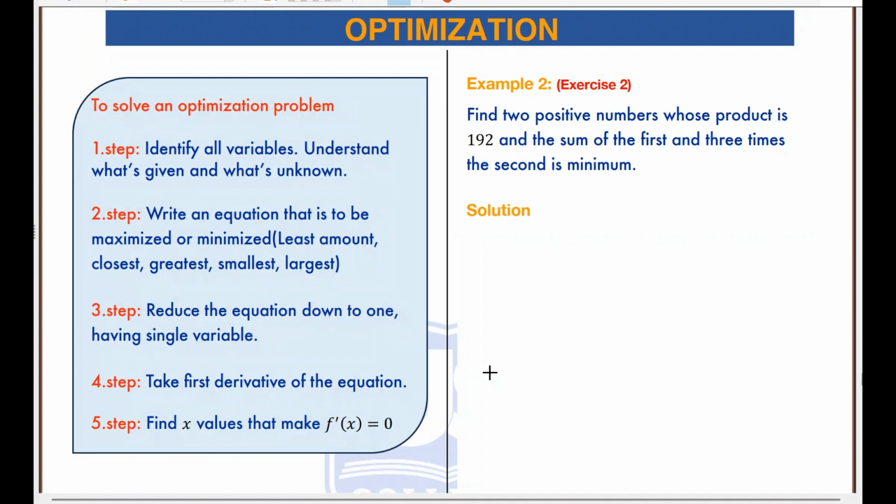And to solve optimization questions, first we need to know what's given and what's unknown. And by using the given and asked, we are going to write an equation. In this equation, we will have two unknowns, so two different variables. We will reduce the equation down to one single variable and take the derivative, because the question will say